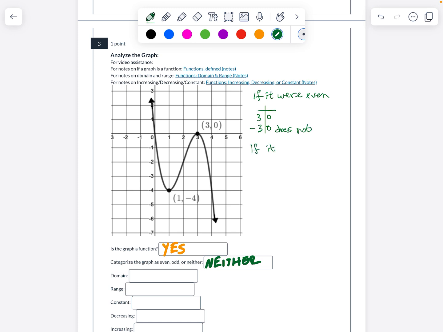If it were odd, then if it has the point 1, negative 4, which it does, then it should have the point negative 1, positive 4, which it does not. Oh, that's not very obvious. I should pick something different. Let's say